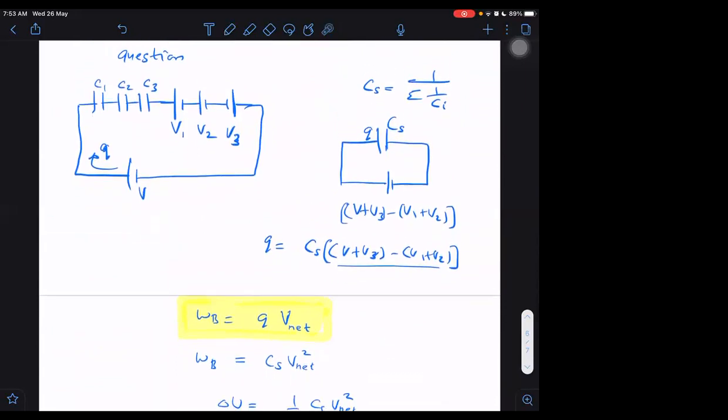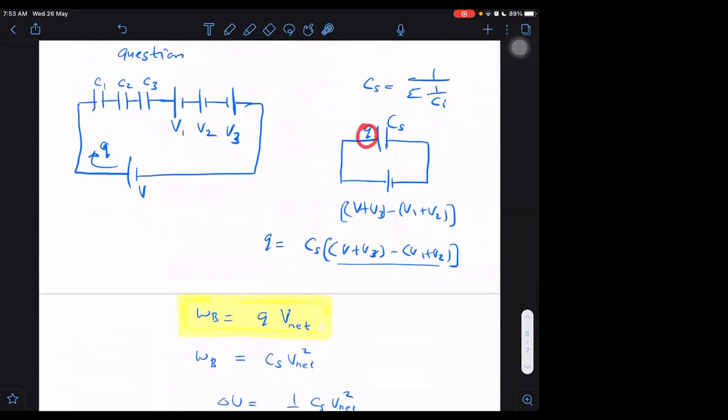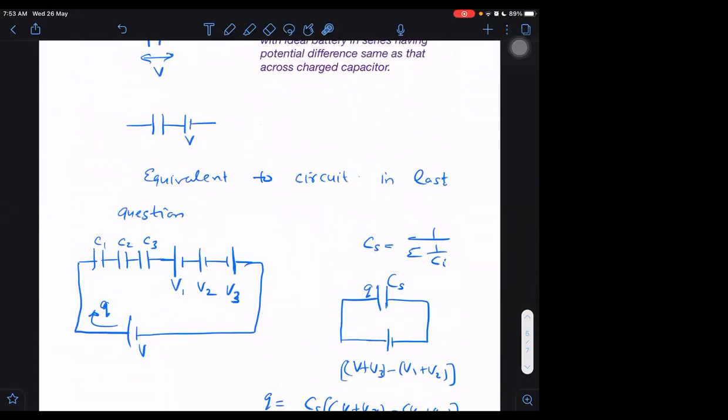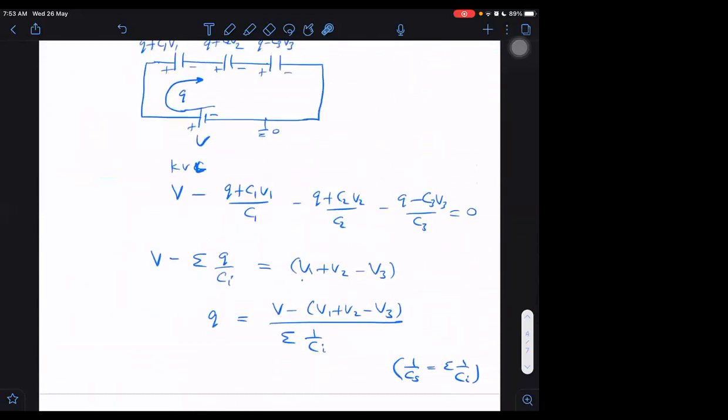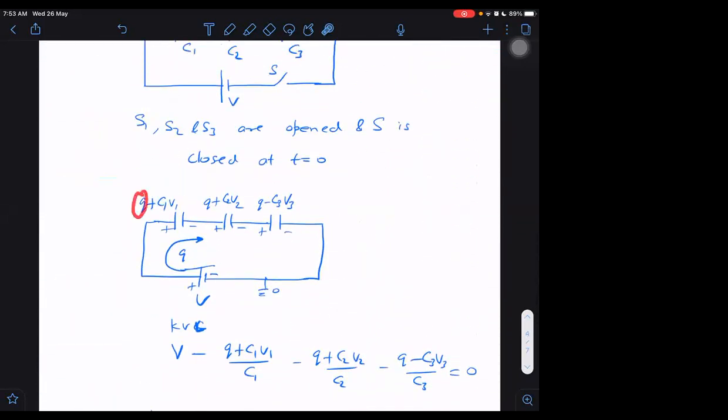Understand, the final charge will not be Q. It will not be Q because Q is only when we are assuming an uncharged capacitor. But the actual charge will be whatever the initial charge was, plus the charge supplied. So these are the actual charges present there. That you should not forget. After making the equivalent diagram, some students forget that the equivalent diagram gives us only the charge flown in the network. It does not give us the final charge.